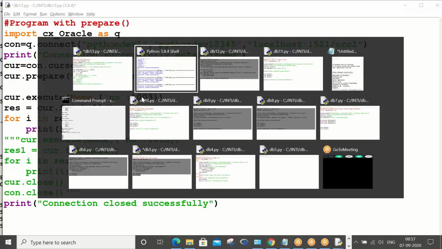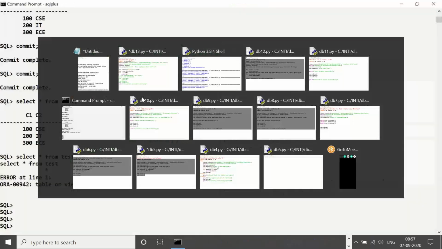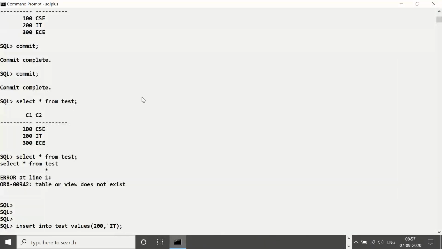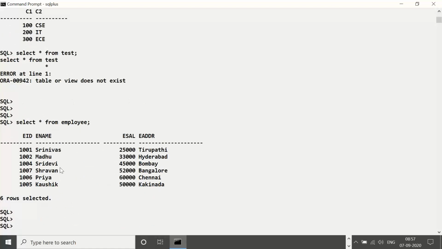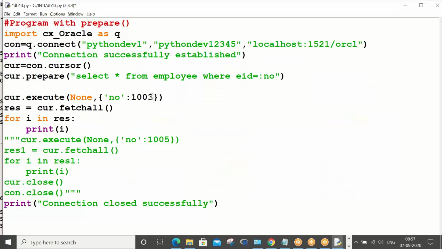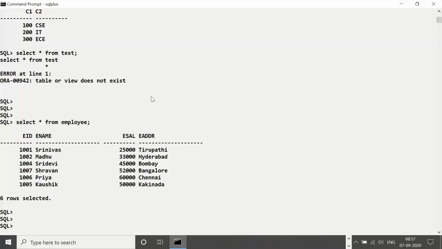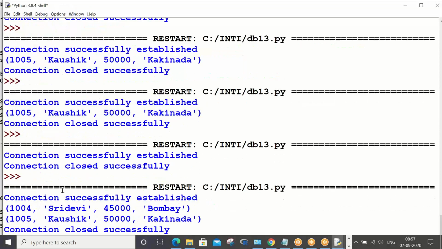One second, first let me check the table. Do we have 103 data? Foolishly, see, I don't have 103 data. Crazy, right? I'm expecting 103. I don't have 103, so that's the reason it is not fetching. So let's go for 104. Do we have 104? Yes, 104 and 105 we have. So let's come out. Ctrl S, F5. You can see that both the statements have come out.